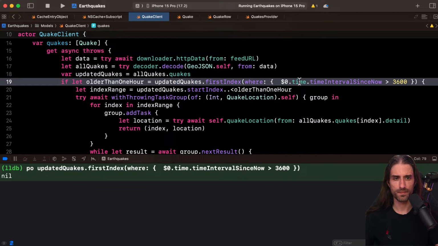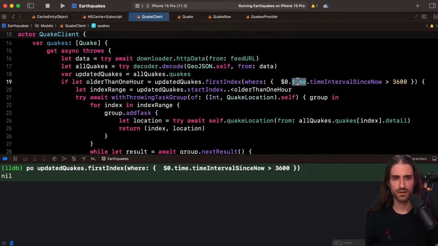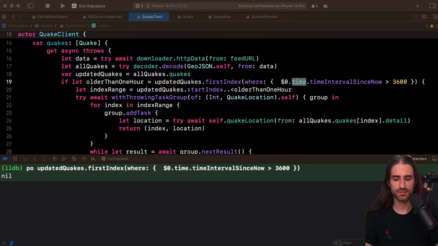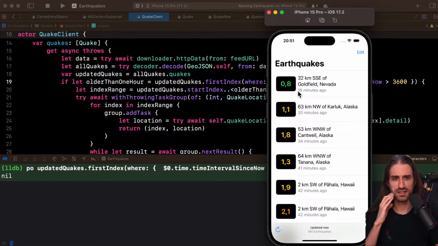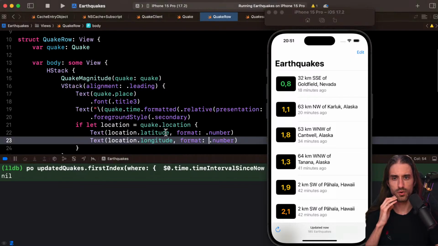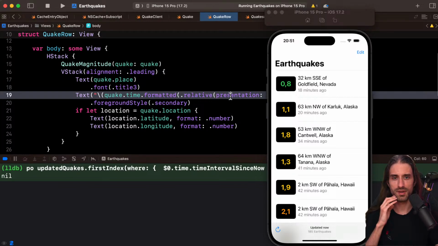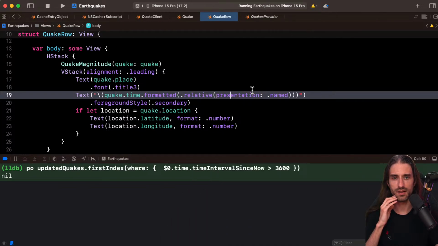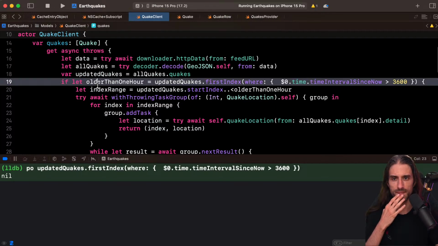But okay, so oh no, or maybe what could happen is that the time is not formatted correctly, and the time is in a US time zone, and my simulator is on a European time zone. And that's weird because here it's being displayed correctly. And if I go into Quake Raw, you can see that it's QuakeTime formatted relative to now. So that's weird.